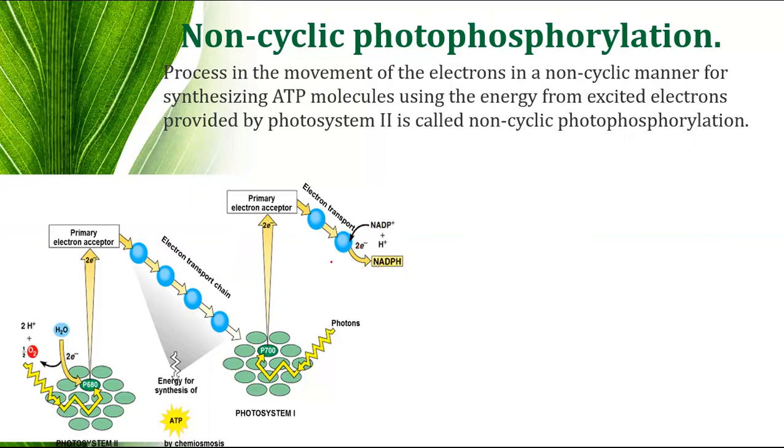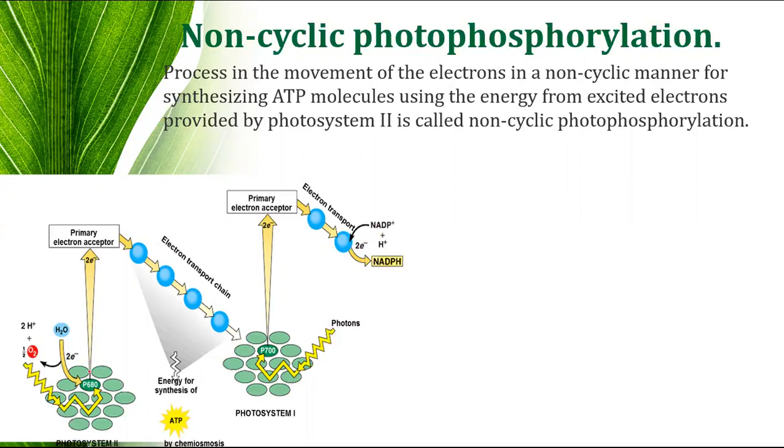In the whole scheme, the transfer of electrons starts from photosystem two up to the primary acceptor, and then again photosystem one, again excitation of the electron, then transfer to another acceptor, and finally downhill to the NADP, which causes the reduction of NADP into NADPH. So this is the Z scheme.